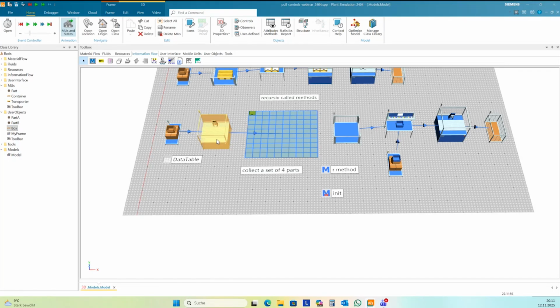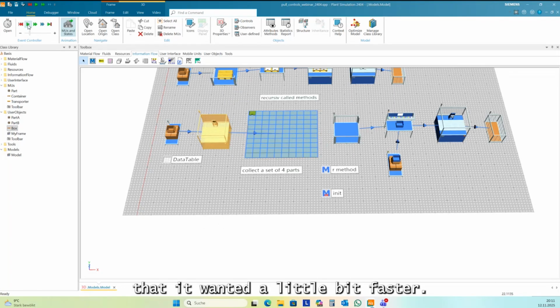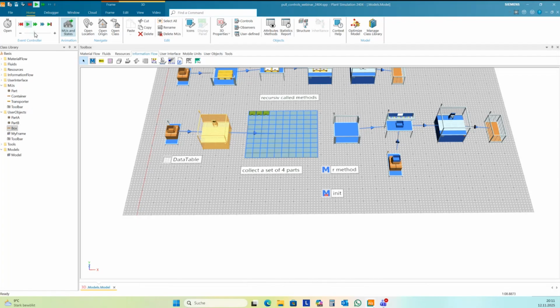Yeah, lower the time here, let it run a little bit faster. So now it's only 3.